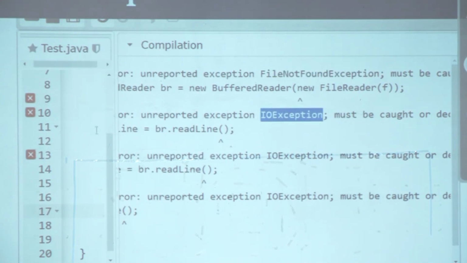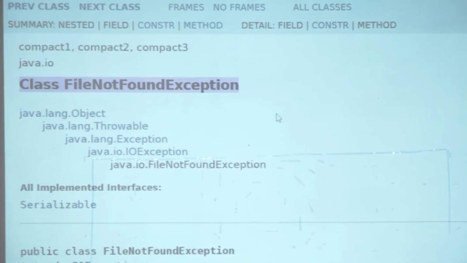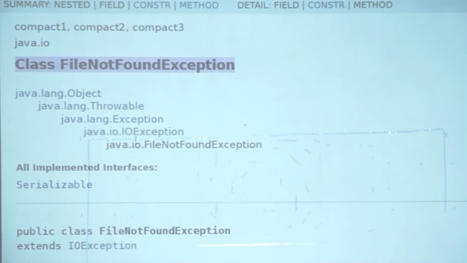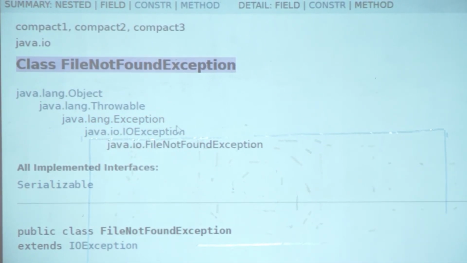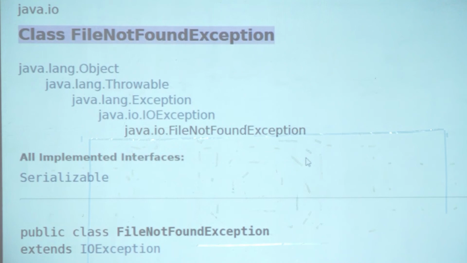Now look at the class hierarchy again. You will notice that FileNotFoundException is also derived from IOException. Can you see that? Yes, FileNotFoundException is derived from IOException. It's there in the chart, right? So what does it mean? It is not necessary to catch both the exceptions. If I catch IOException,